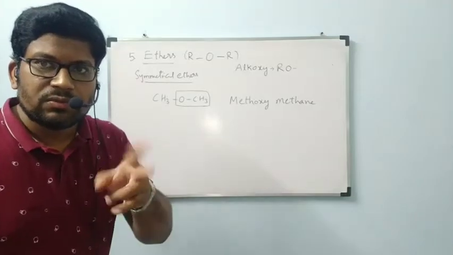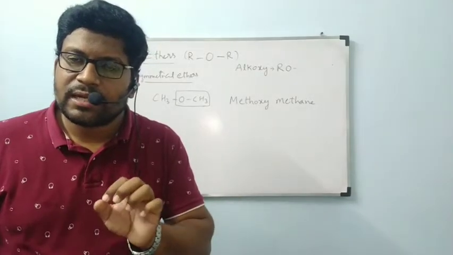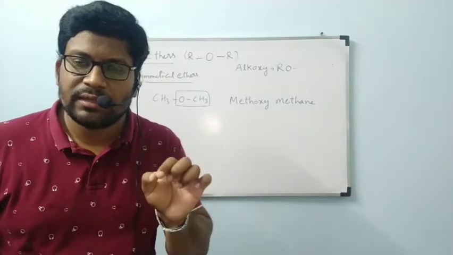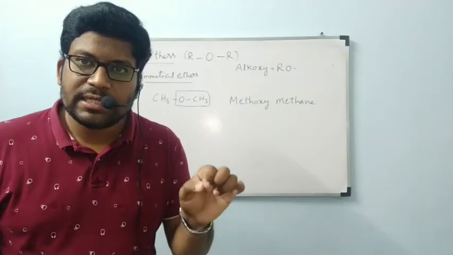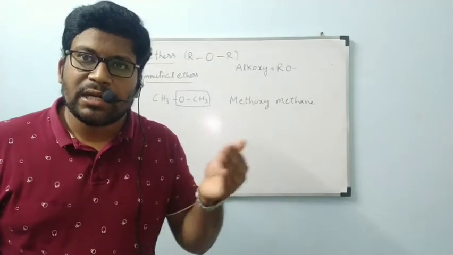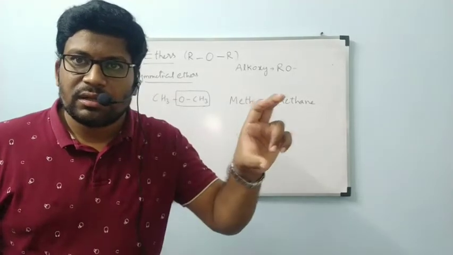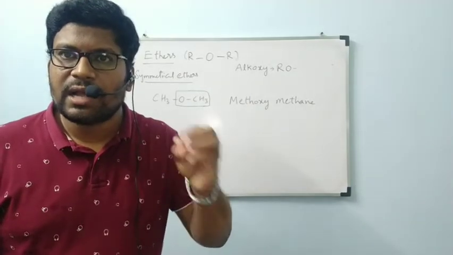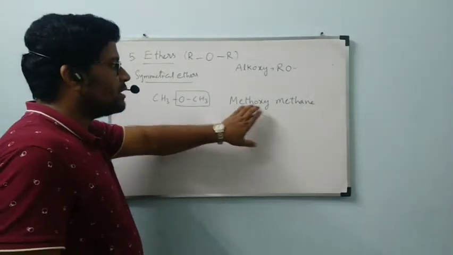When we have two same alkyl groups, join any alkyl group with oxygen and it is called alkoxy. If it is an ethyl group, we say ethoxy. If it is a propyl group, we say propoxy. If it is a butyl group, that is butoxy. Like that, we simply add oxy: pentyl, pentoxy; hexyl, hexoxy. Then, for the remaining carbons, we write the corresponding alkane, and the name of the ether is completed. So the name of this ether is methoxymethane.